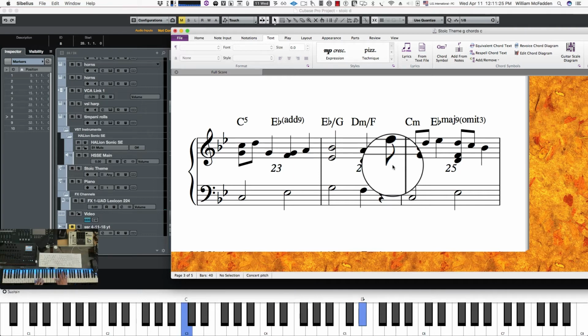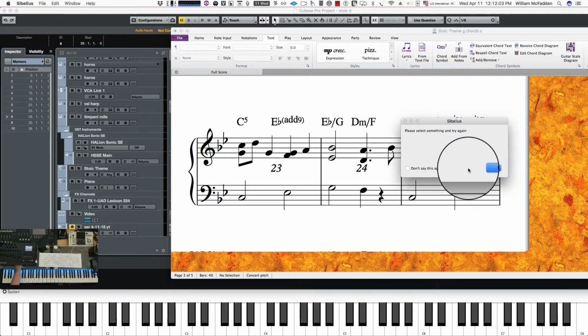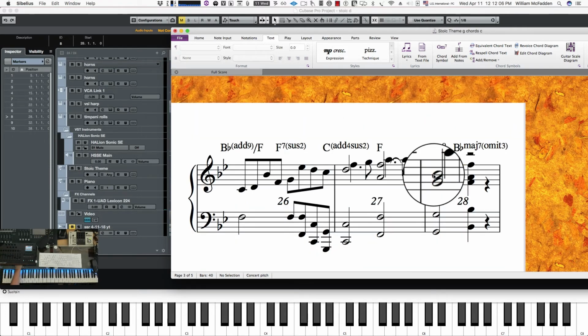And then here you have, so that's part of the melody. And then we go down to an E flat major 9. So there's your major 7 right there. So you have some dissonance. So now there's the 9. And it's actually an octave there. And then, so that's measure 25. And then in 26,